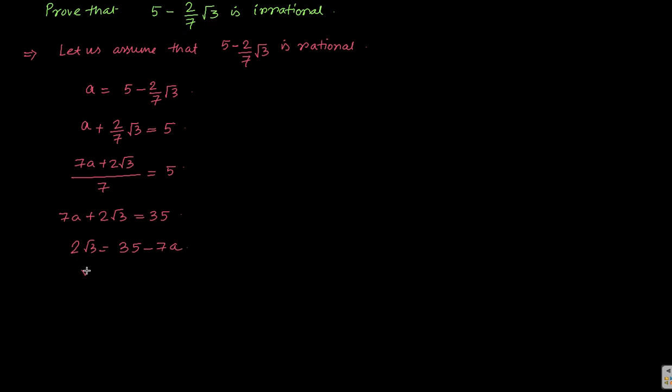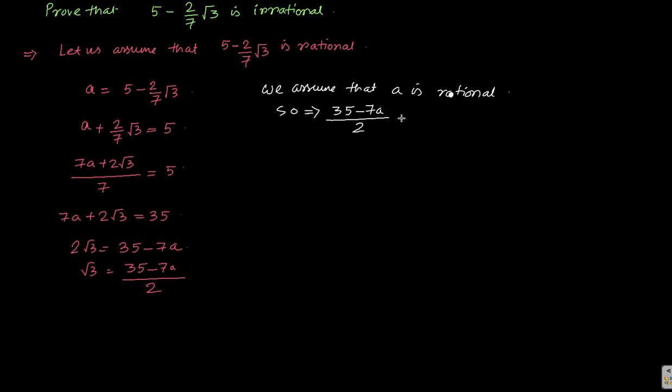Now root 3 is equal to 35 minus 7a by 2. The work is done. It means that we assumed a is rational. If a is rational, then it implies that 35 minus 7a by 2 is rational,